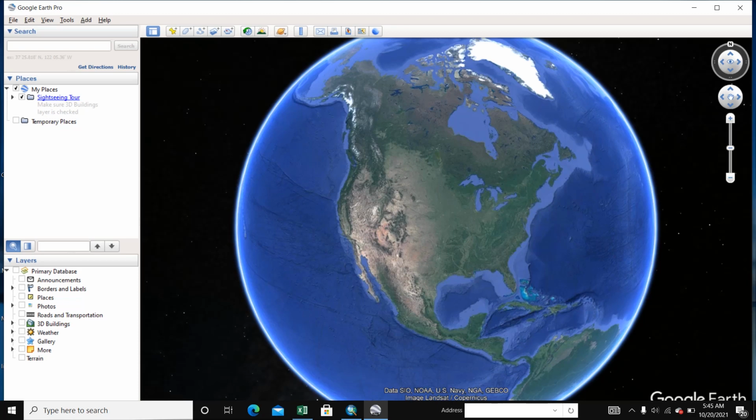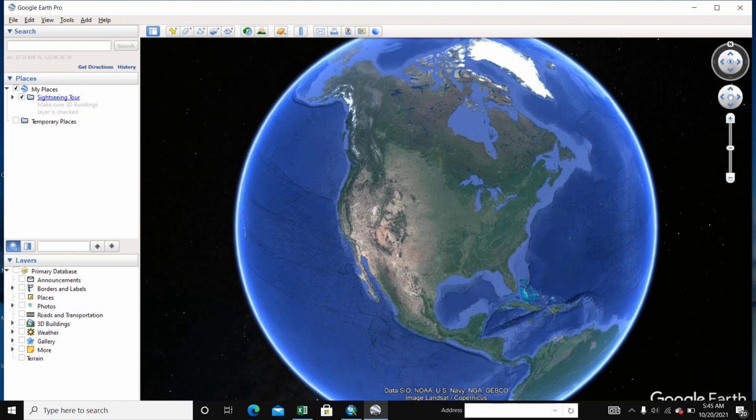Hello friend, today we discuss how to convert Google Earth point latitude longitude to Excel format and Word format. It is very important if you want to share a hard copy with another person with latitude longitude position, and if you want to share a landmark with any person, you share the landmark latitude longitude in hard copy, Excel format, Word format.